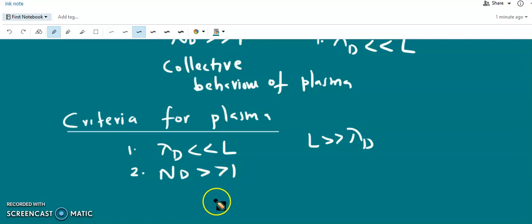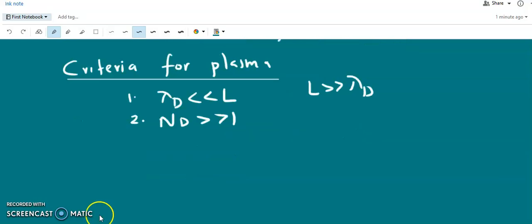And the third condition is related to collisions. For example, the weakly ionized gas in a jet exhaust is not a plasma because the charged particles in the jet collide so frequently with the neutral atoms so that their motion is controlled by ordinary hydrodynamic or collisional forces